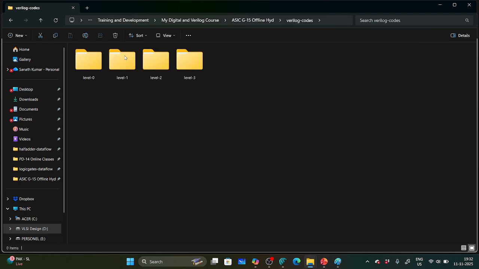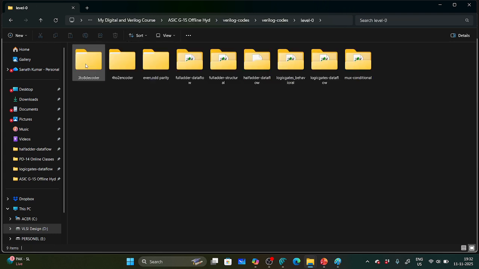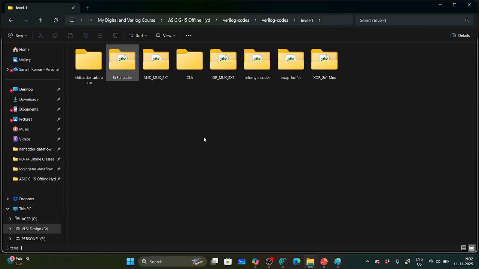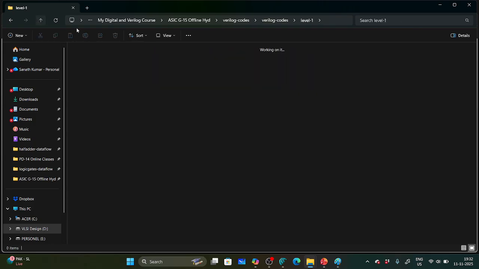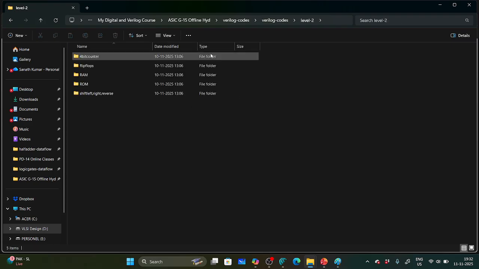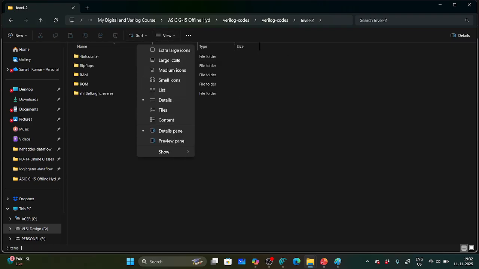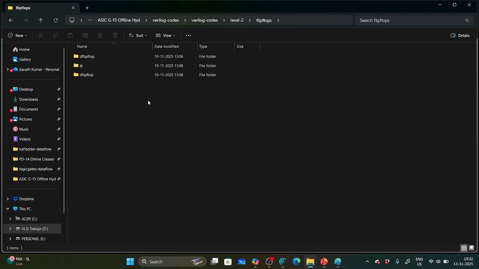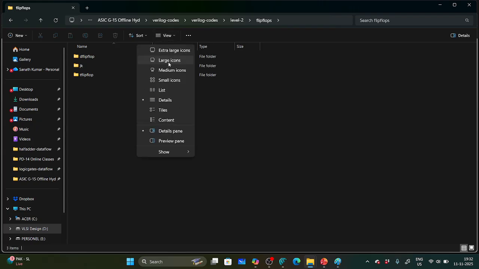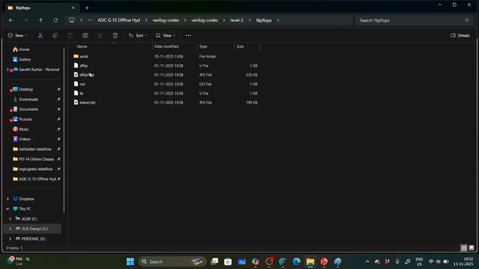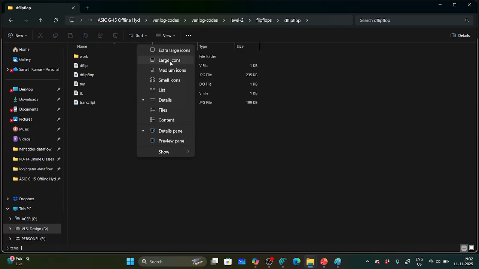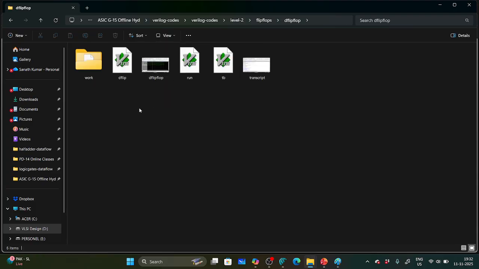Okay, so here different levels are there. This is anyway combinational circuits, level 1, level 2, flip-flops. We'll see flip-flops here. So if you see this one, just D flip-flop. If you see the D flip-flop,